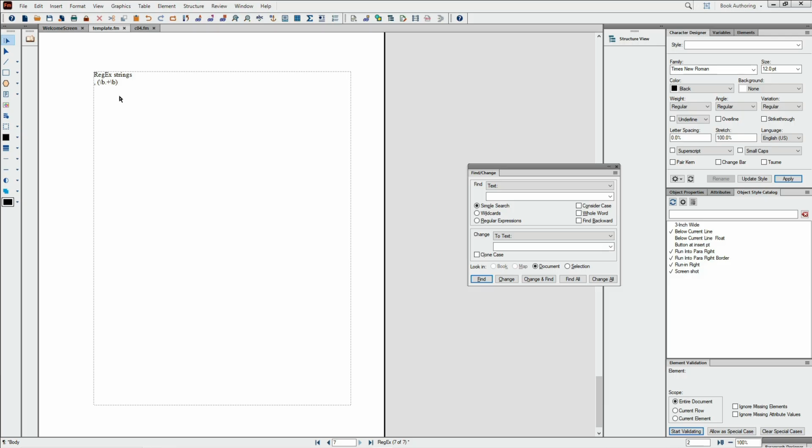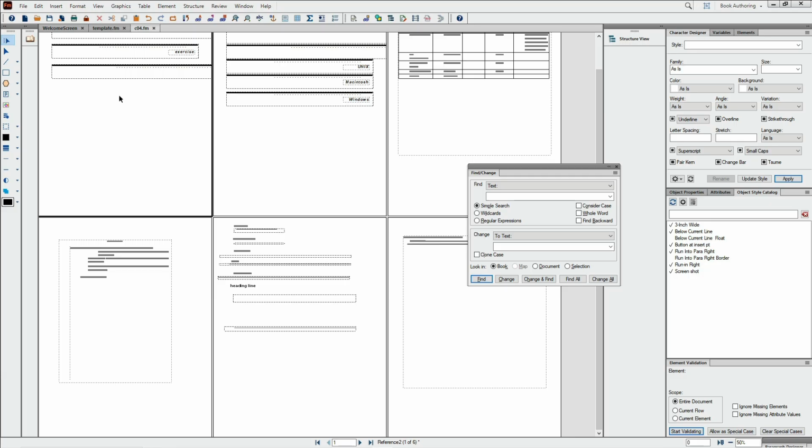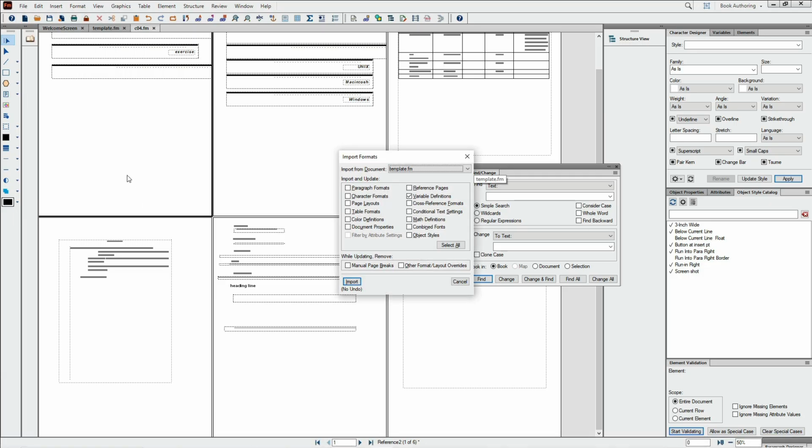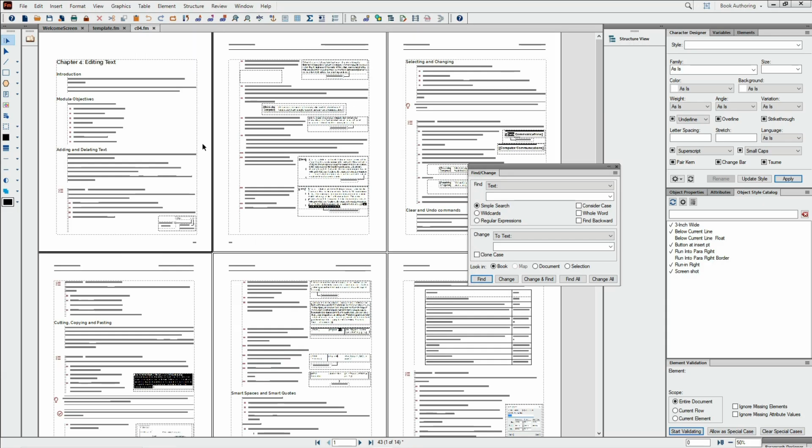I'm now going to use Control-Tab to go back to my last document. That's my chapter 4. I now have my 6 pages in here, and I should just be able to go straight from here, without going to the body pages, File, Import Formats from the template. In this case, just to make it simple, I'm going to only bring in my reference pages. So I'm going to deselect all, choose only reference pages, and then I'm going to hit import. You can see it brought me back into my body pages. That's a little bit different. I'm going to go back to view